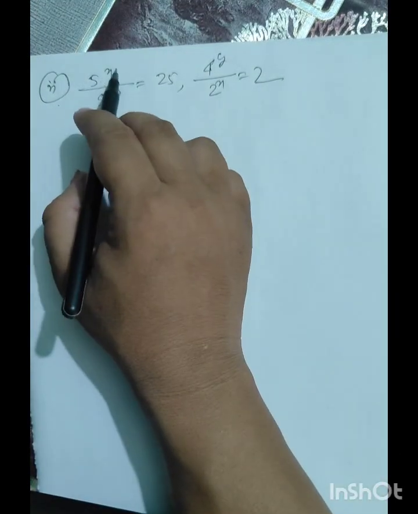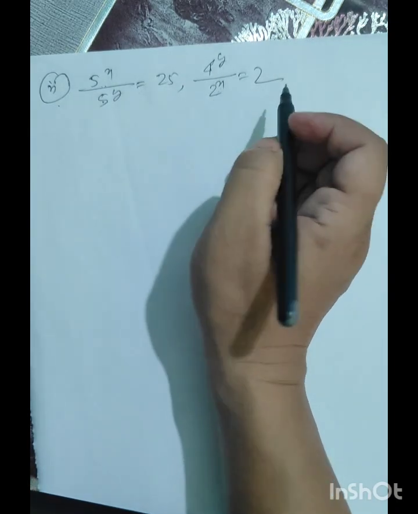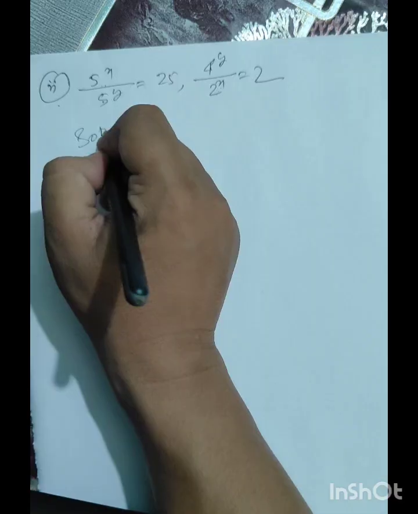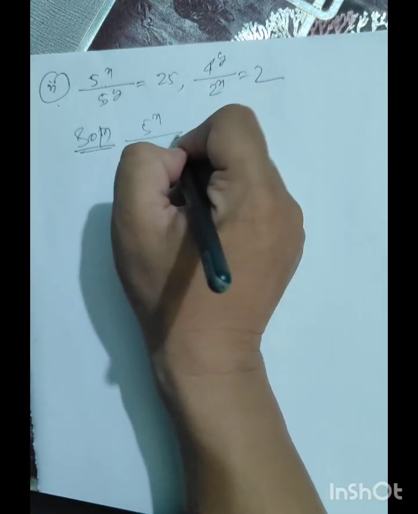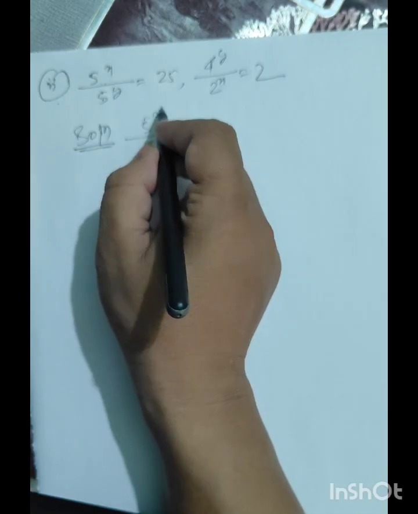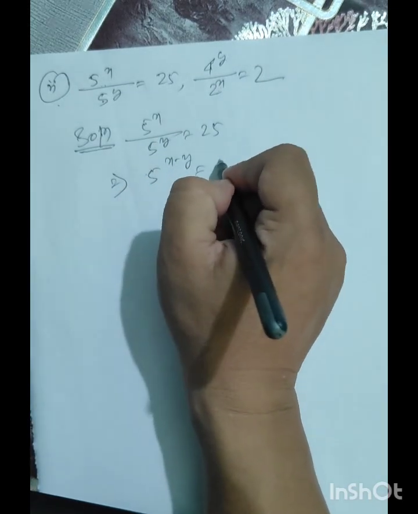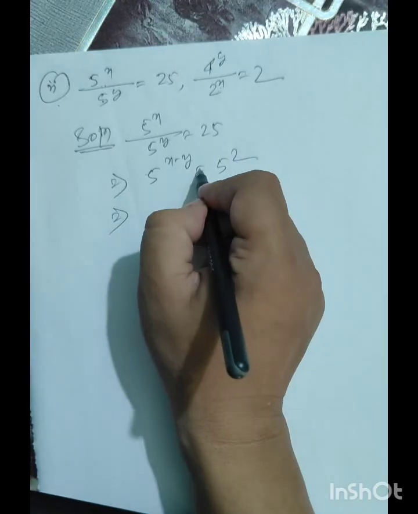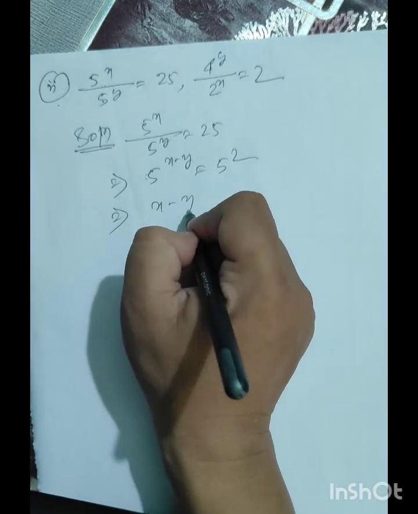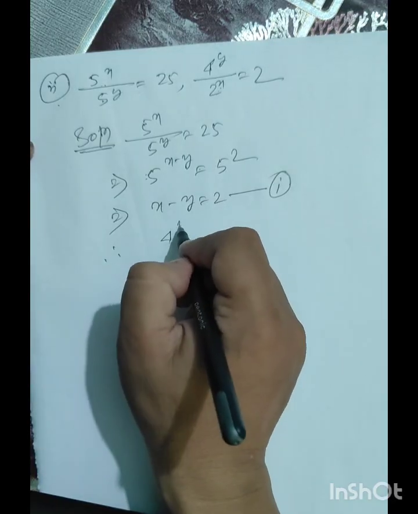এবার কোয়েশ্চন নাম্বার 2 আছে, 5 to the power x by 5 to the power y equal to 25, 4 to the power y by 2 to the power x equal to 2। ইয়াৰ পৰা আমি লিখিম 5 to the power x by 5 to the power y equal to 25। বেস সেম আছে আৰু হৰণ আছে, গতিকে পাৱাৰ মাইনাস হ'ব। 5 to the power x minus y equal to 5 square। যেহেতু সমান চিনৰ বোথ সাইডে বেস সেম, পাৱাৰ সেম, x minus y equal to 2। এইটোক আমি নাম্বাৰ 1 লৈছো।